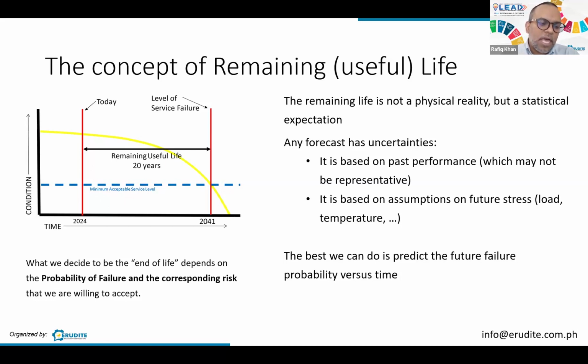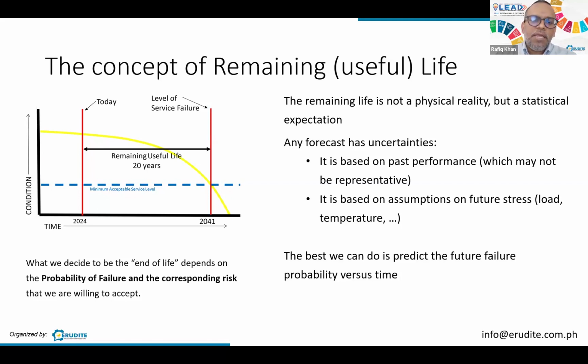corresponding risk. So as we progress, for example, in distribution systems or even in plants, we try not to have more failures happening, because failures result in interruption, and interruption costs money to the operation. So there is a minimum acceptable limit where we want to operate. The more failures happen, the more losses. So we want to play a bit higher above than the minimum level. And so the end of remaining useful life is often determined as the limit where we can take this risk.